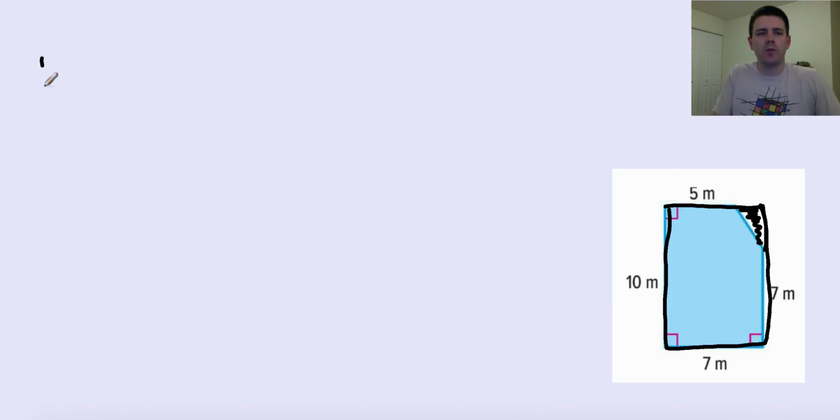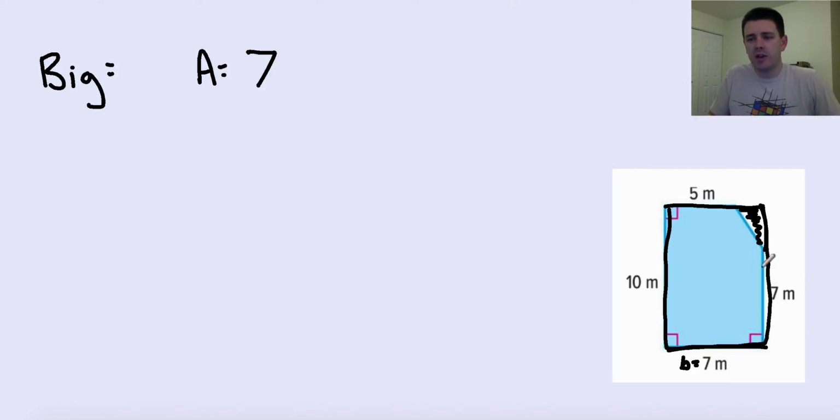So we start with the big shape. To find its area, we just do base times height. There are several measurements here, so let's make sure we take the right one. The base is the one that measures from end to end. 5 was just this short section. 7 was the distance all the way across, so that's going to be my base. For my height, 7 just went up this shorter side, but I want the full distance top to bottom. So h, my height, is going to be 10. 7 times 10 is